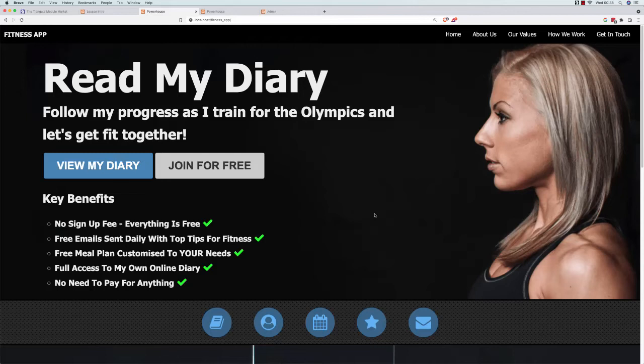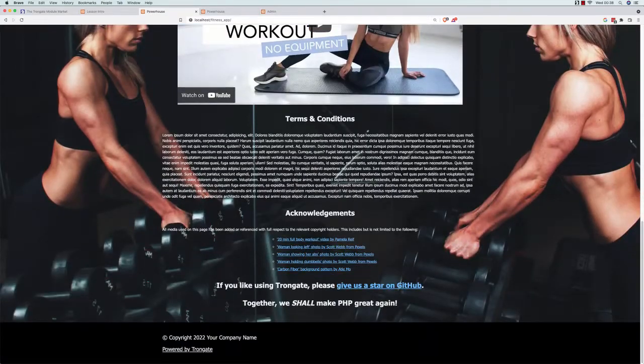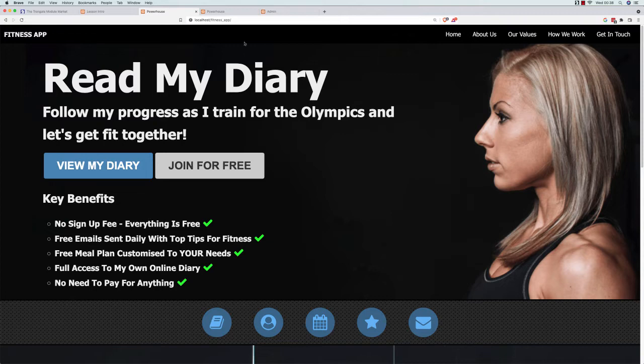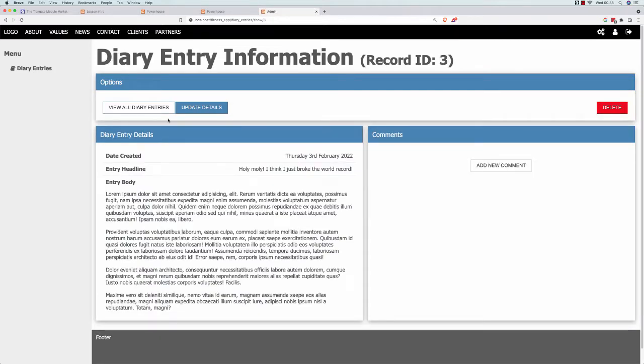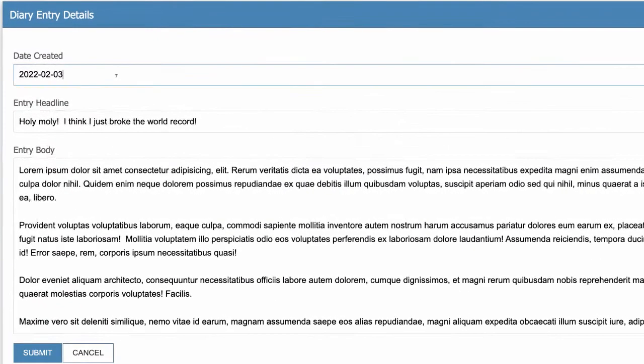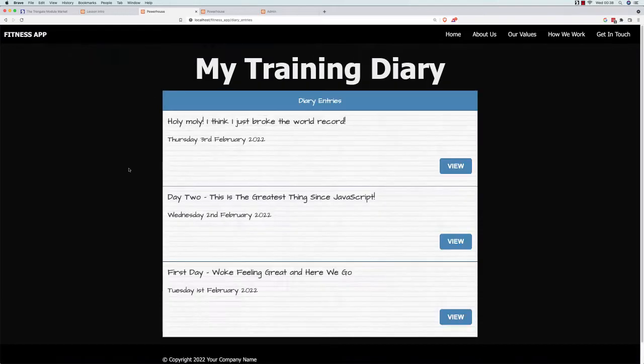Well, hello folks. Today I'm going to show you how to build a personal progress diary using the Trongate framework. We're going to be doing it within the context of this site here, and you're going to have an admin panel. From this admin panel, you'll be able to log in and create diary entries. You'll have a date picker, all of that stuff. It's all going to be here,